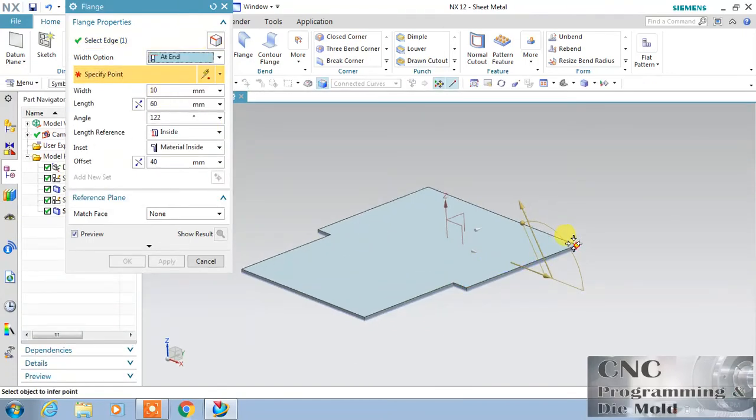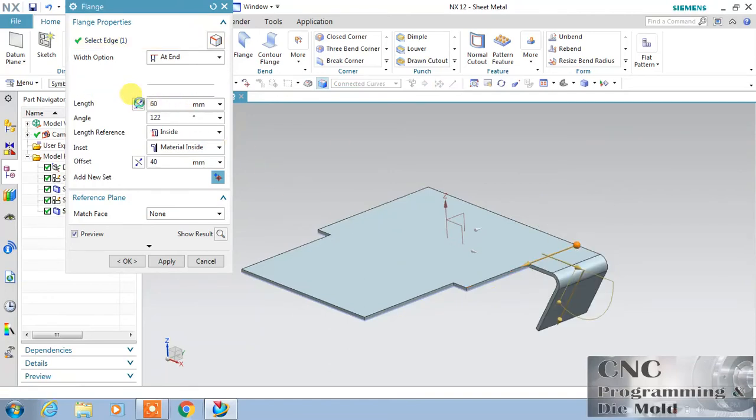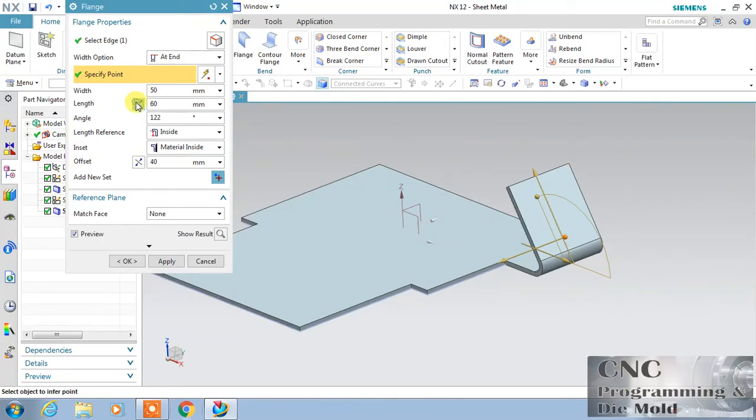Here we have all the options. At the end, specify the point at which end you want to create. This is the end point, and then increase the length. If you want to reverse the direction, you can create it in the up direction or the reverse direction, and here is the angle.